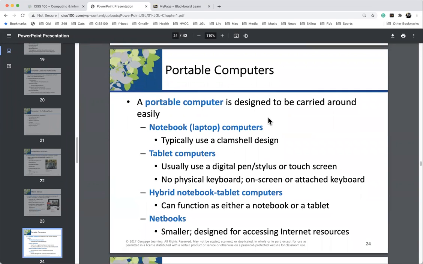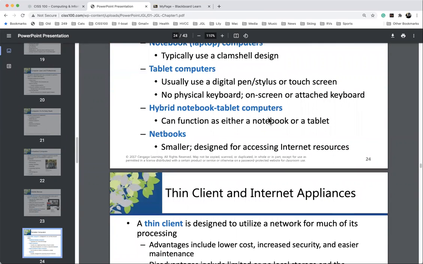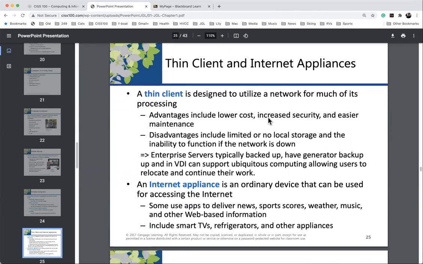Portable computers, notebooks, laptops, even an iPad. Whether an iPad's a mobile device or a tablet computer, these definitions aren't hard and fast, okay? Quite often things bridge the classification system. Okay, thin clients. Well,